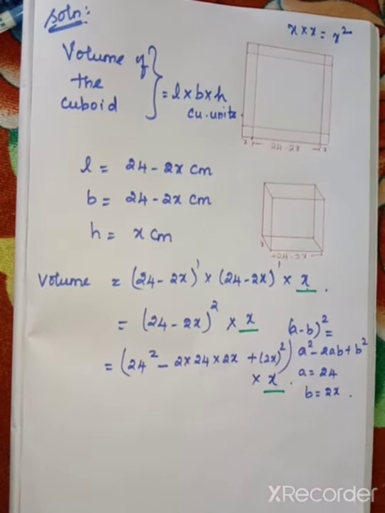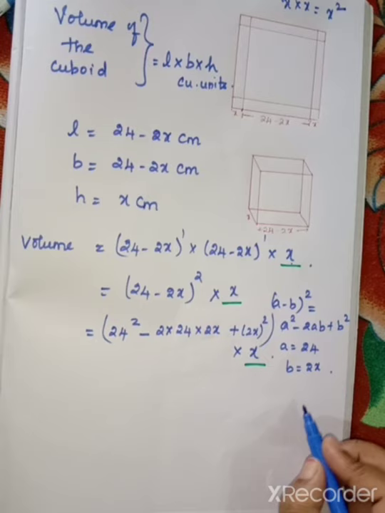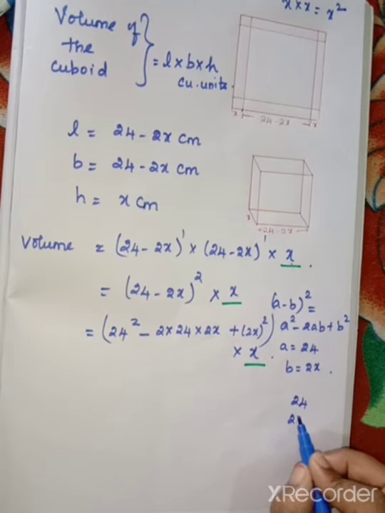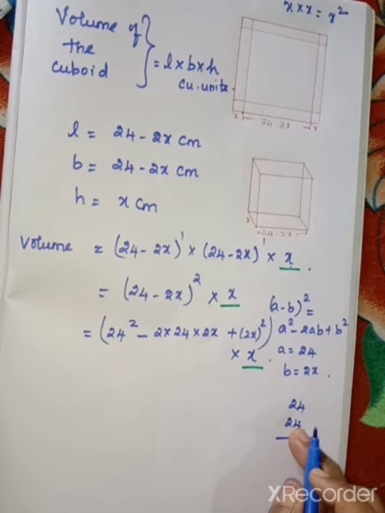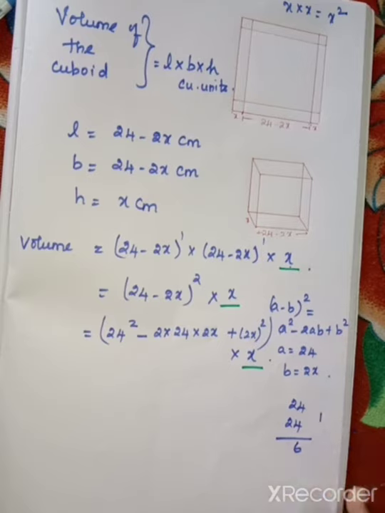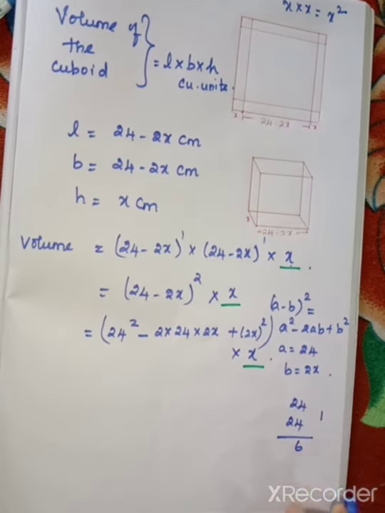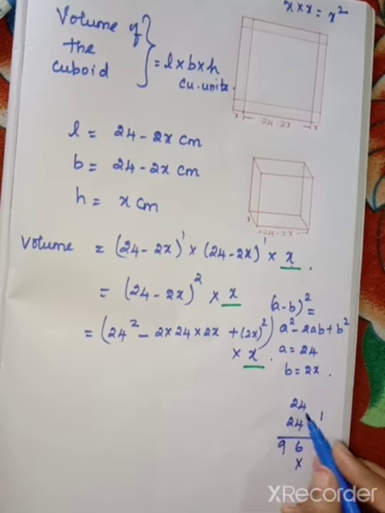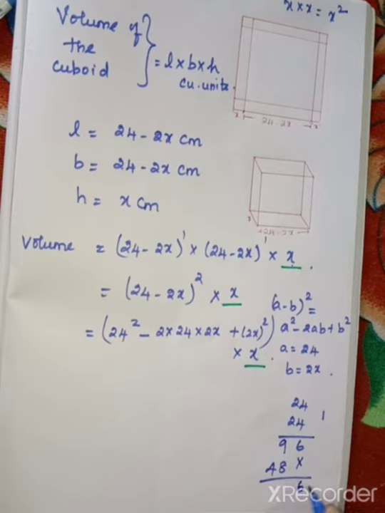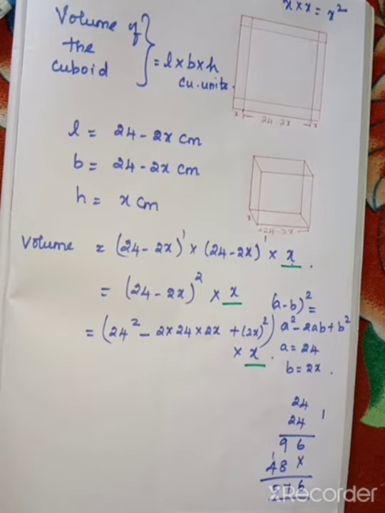Then now 24 into 24, if you know, you can write straightly, or otherwise by using the normal multiplication. 24 into 24, 4 fours are 16. First you have to multiply with the 4. 4 fours are 16, balance 1. 2 fours are 8, 8 plus 1, 9. Then you have to move on to the second row. You have to write 0. 2 4s are 8. 2 2s are 4. Now you have to add 6, 17, 5. So answer is 576.